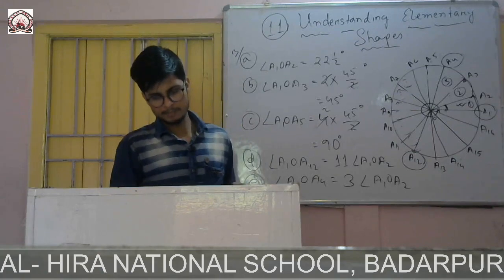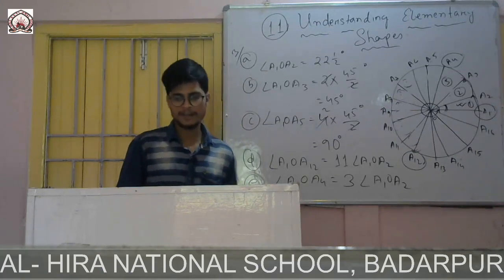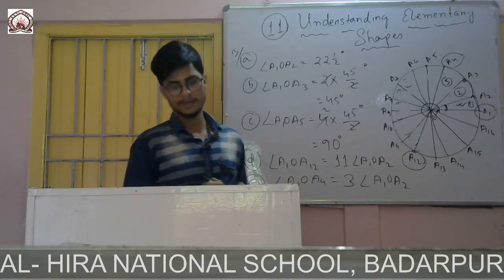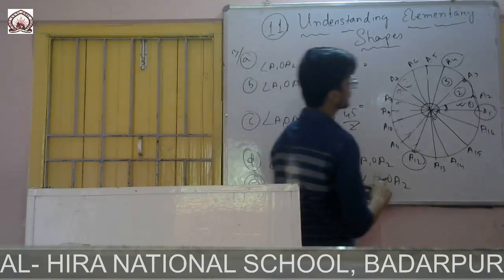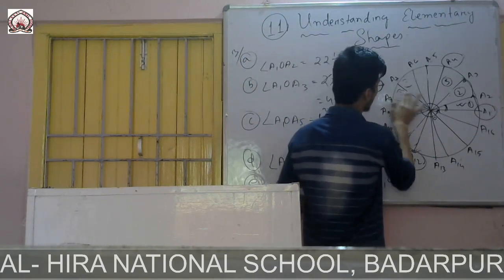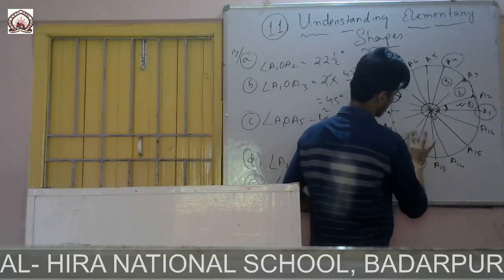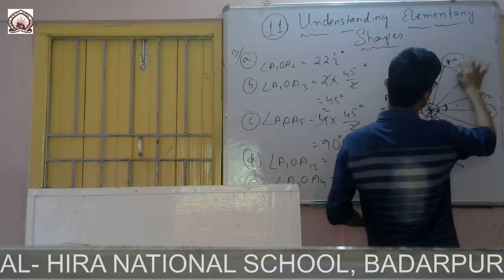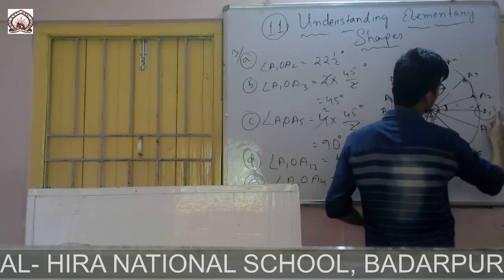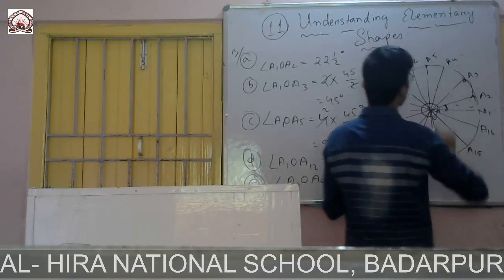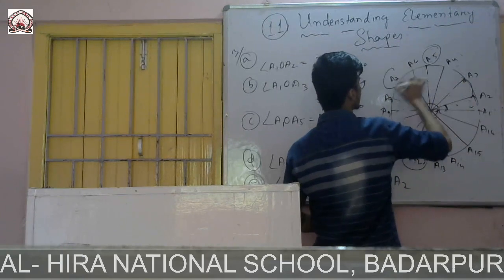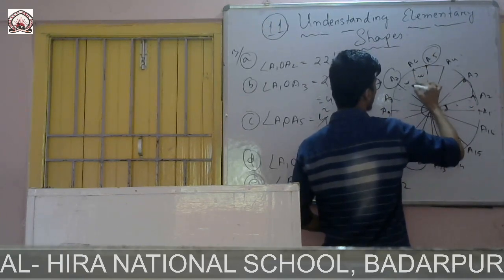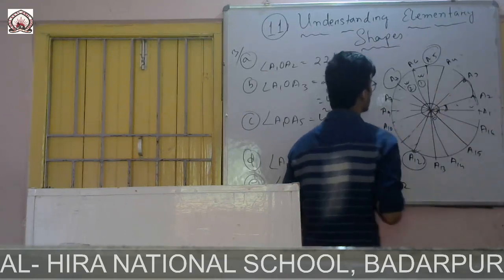Now question number F. What fraction of the whole revolution is the angle A5 or A7? Which one is A5? First of all you find A5 or A7. Okay, A5, this one up to A7. How many? From A5 start. If I start, then this one is 1, and there is another one, that means 2 angles.